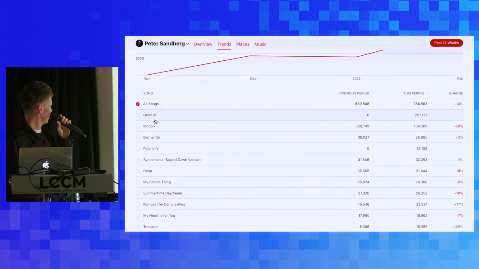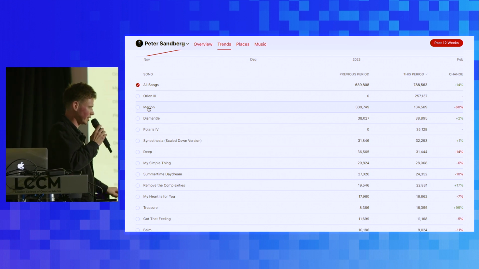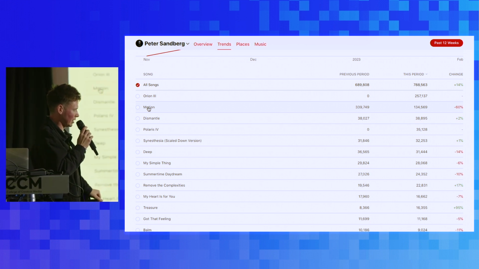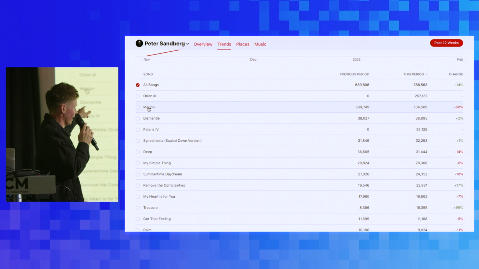That's a new single. This is the one that was on Stranger Things. This is one of his all-time biggest tracks. This one was, I don't know if anyone saw the recent Prince's Trust campaign with Ashley Walters, the actor. Peter's track was underpinning that ad campaign as well, that was played in cinemas and stuff, and it was that track Motion there.